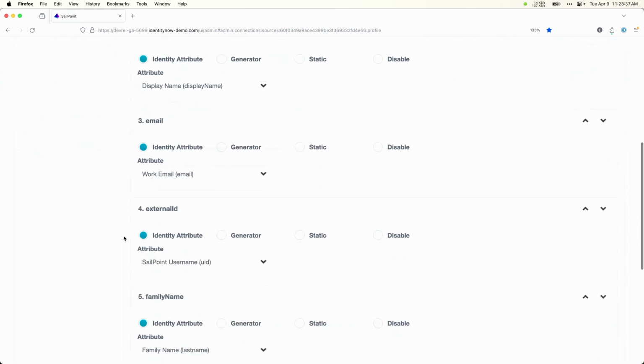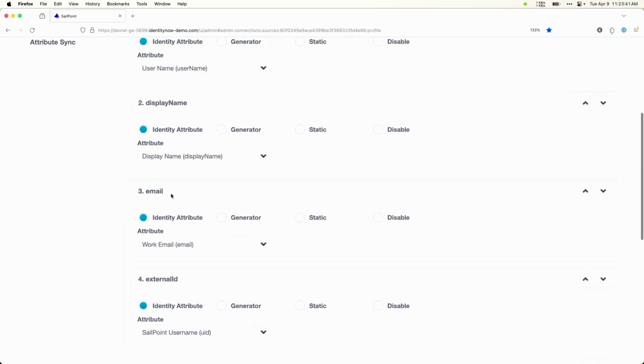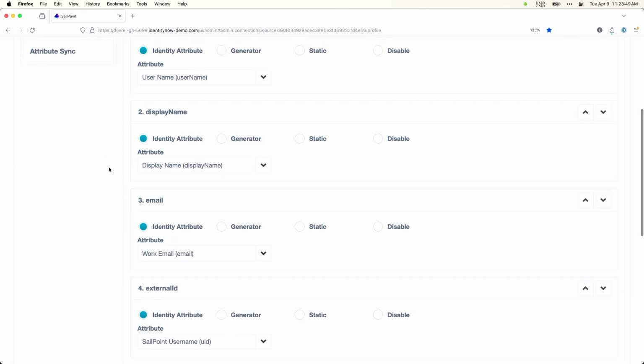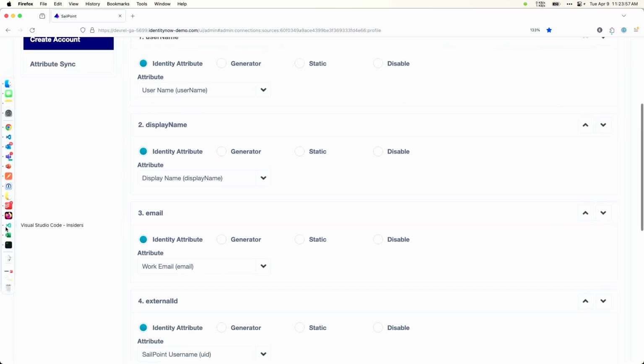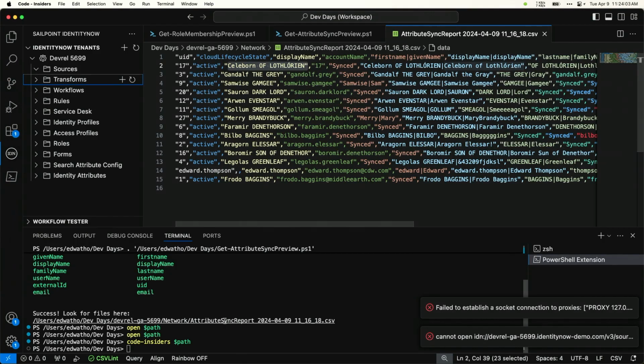So ideally, we'd want to update this email field to be primary email to fix that mapping. And that way, we would see all of the account attributes that are primary email, and that would update on our CSV report. But since I can't make that change, we'll go ahead and